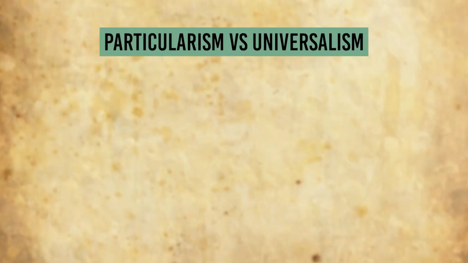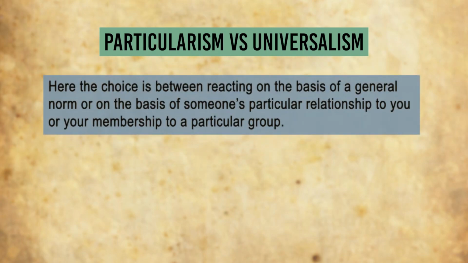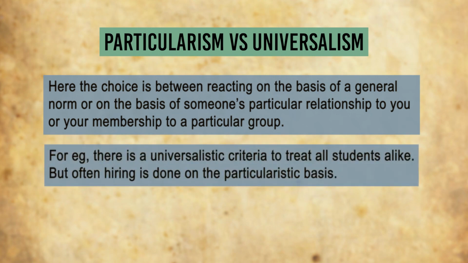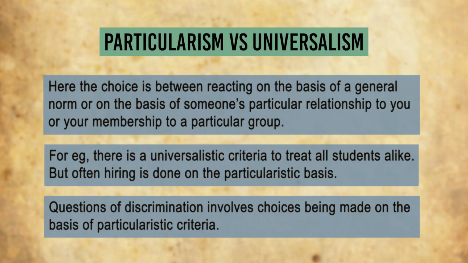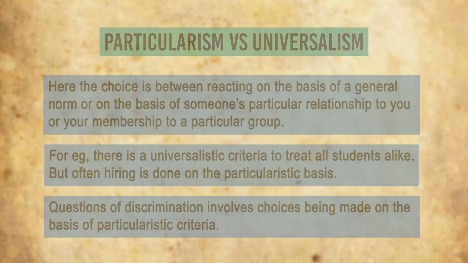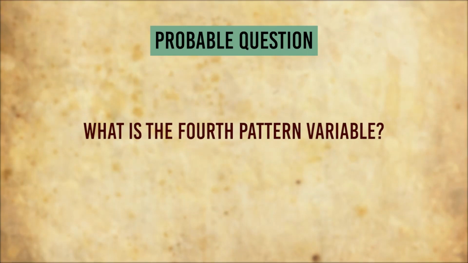The fourth pattern variable is particularism versus universalism. This is a reaction on the basis of a general norm or on the basis of someone's particular relationship to you or your membership to a particular group. For example, there is a universalistic criterion to treat all the students alike, but often hiring may be done on a particularistic basis. And this also brings with it discrimination, which is based on particularistic criteria. We always try to go for universalism, that there should be an absolute universal outlook towards everybody,